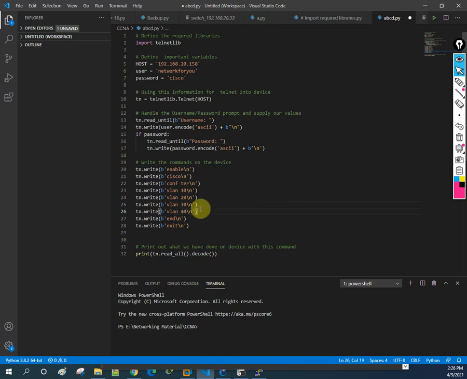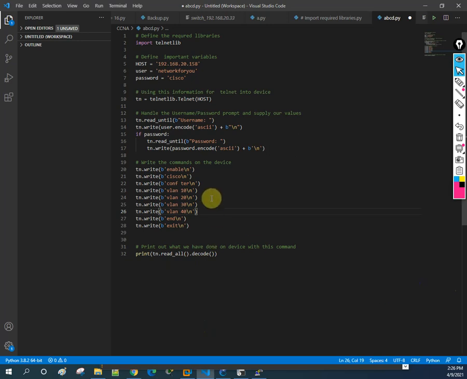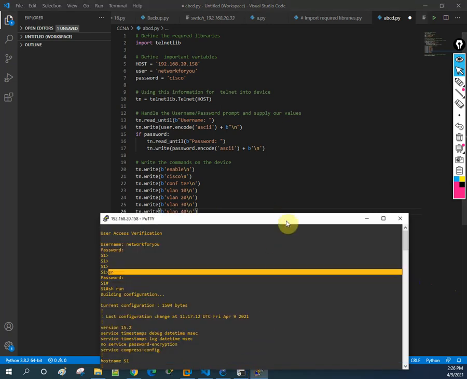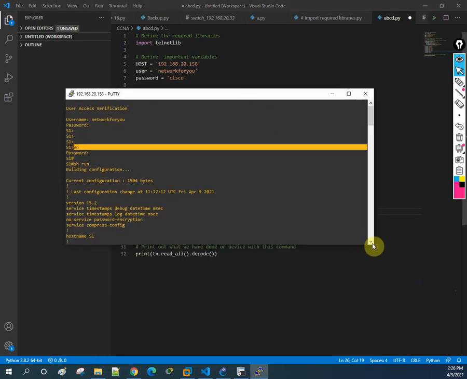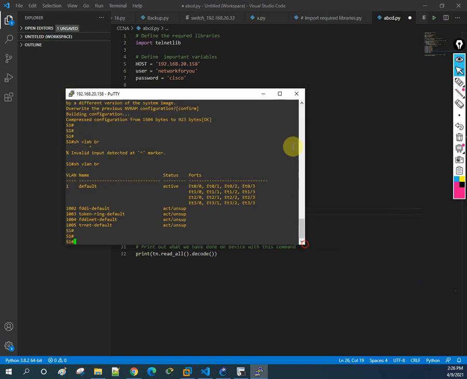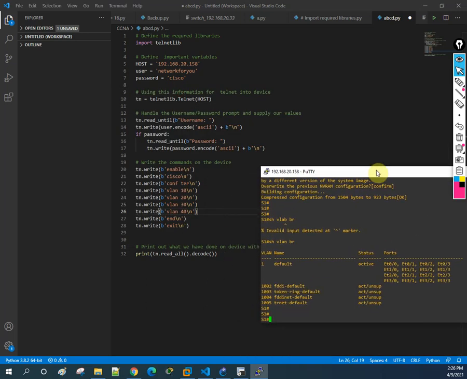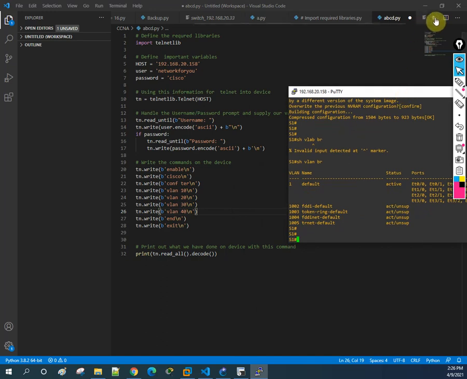After that we will end and then exit, and whatever operation we perform, we want to print on the screen here. That's why we did that. Okay, so our code is ready. We modified it, and now I will keep the putty also here so you can observe what is happening. I will run the code. So this one I need to run, and when I press, it will run.